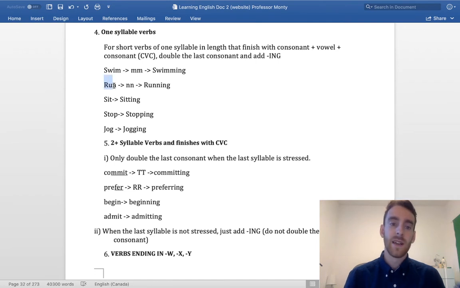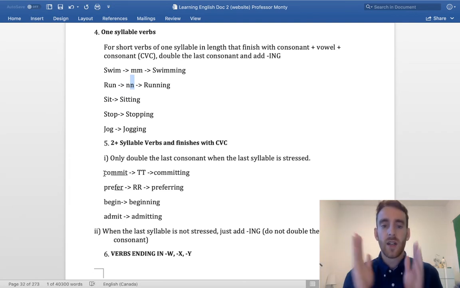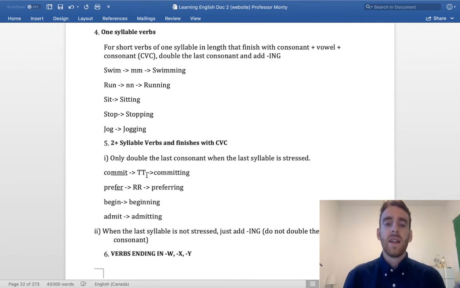Run, the same thing. C, V, C. Your U is your V. You have to double it. She is running. Okay, you have to double it. That's very simple. Okay, so look at all these other ones. If not, just memorize. Okay, swimming, 2 M's, running, 2 N's. That's how I like to do it. Okay, this rule gets complicated. And the last rule is when it's 2 or more syllables, like commit over here, or prefer,